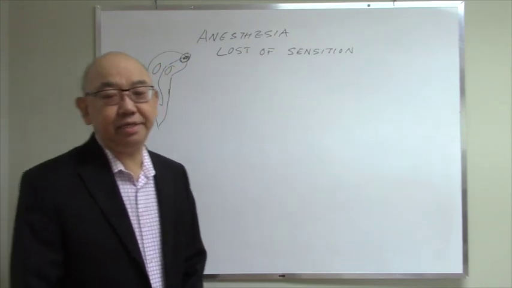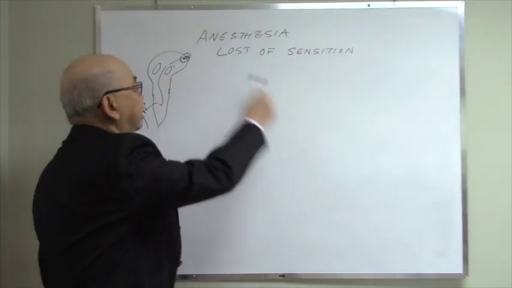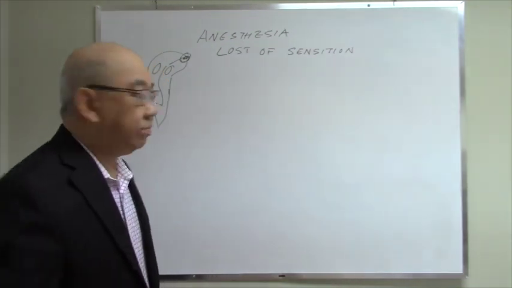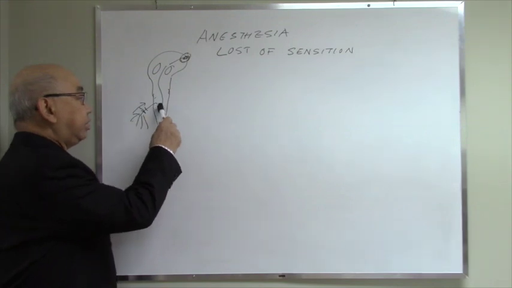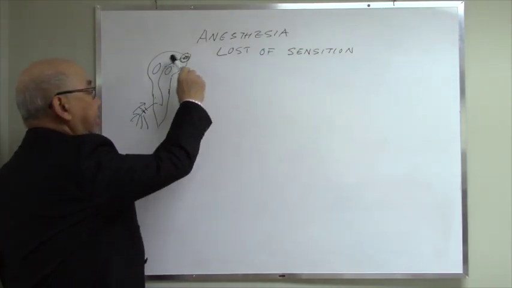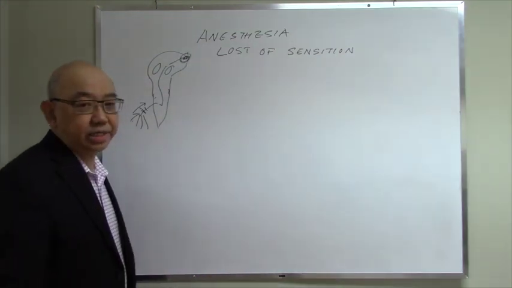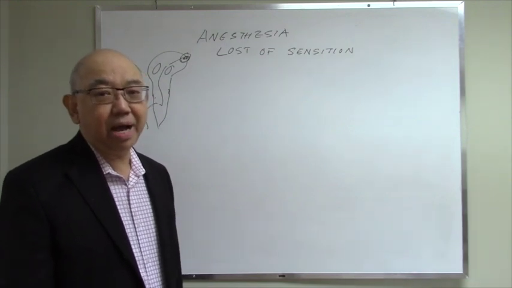So, anesthesia. Anesthesia means the loss of sensation. And the way we get sensation is that the receptor receives the sensation, it goes through the transportation system to the thalamus, synapses in the thalamus, and goes to the cortex. And the cortex interprets sensation. In part 1 of the lecture,